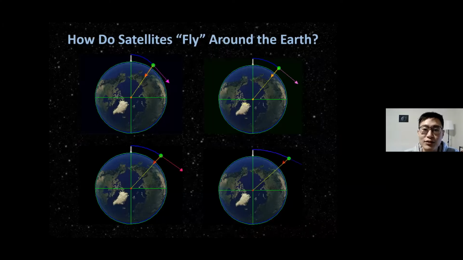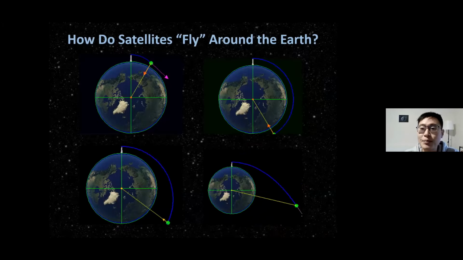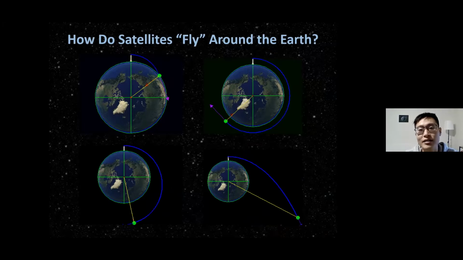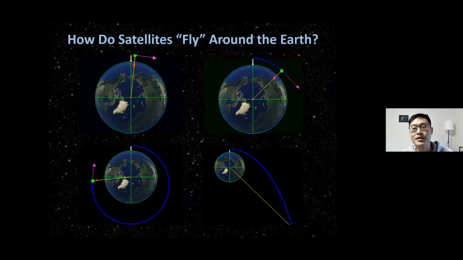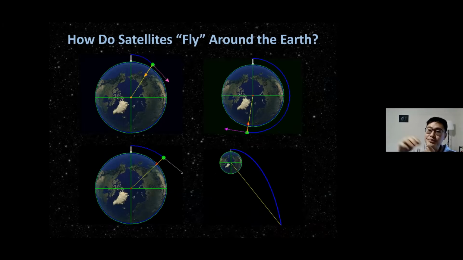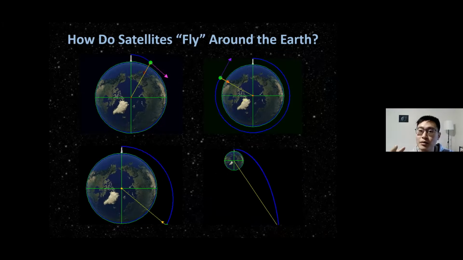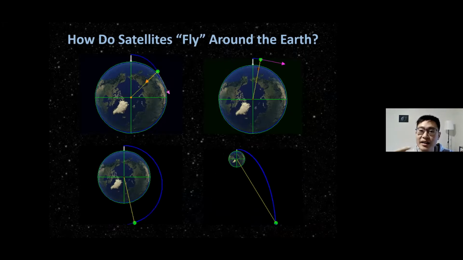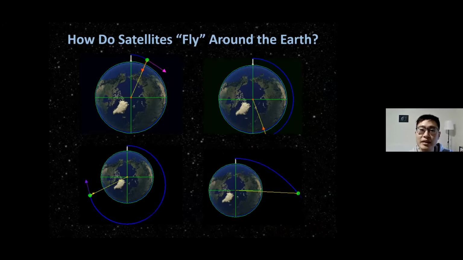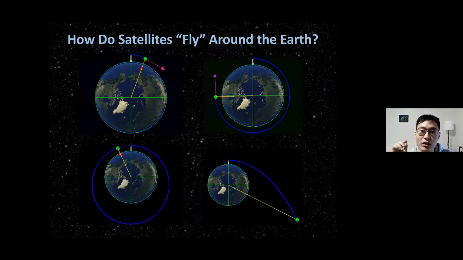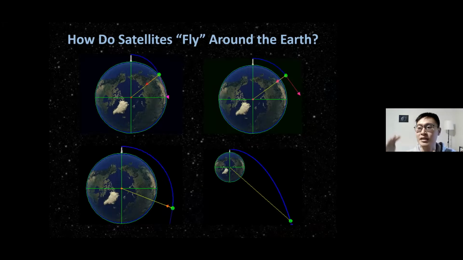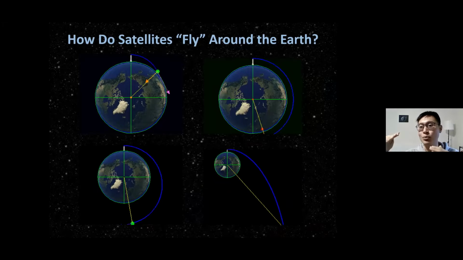So how do satellites actually fly around Earth? The common way, I think a lot of us are taught, right, is the Newton's cannonball paradigm. So you can just imagine I'm going to throw a tennis ball and it's just going to land on the ground. But what if I stand high enough and throw a tennis ball far enough such that the velocity vector of the tennis ball is always directed such that it is fast enough to miss the curvature